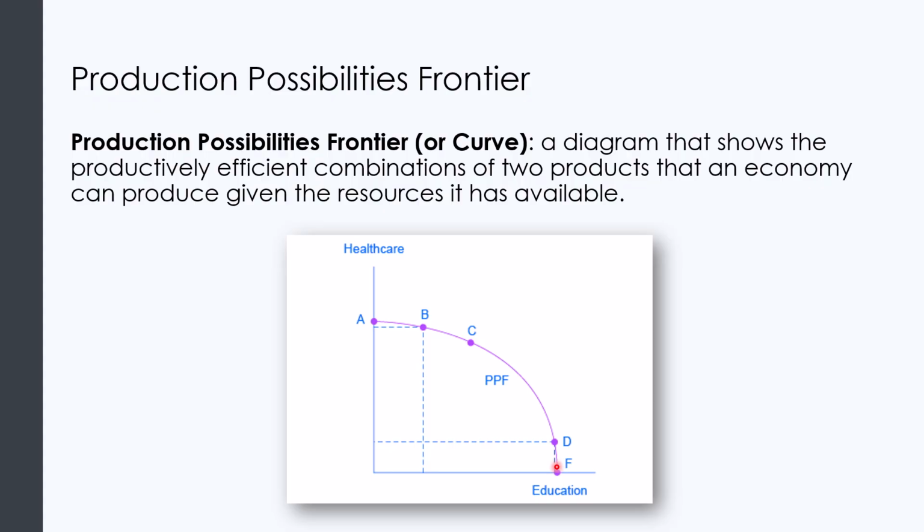From F to D, I don't have to give up very much education to get healthcare, but boy, from D to C, that's a big jump in the loss of education to get more healthcare, and even more as we go. Okay. So different levels of opportunity cost, different productive capacities, and ideally, somewhere out in this bowed area